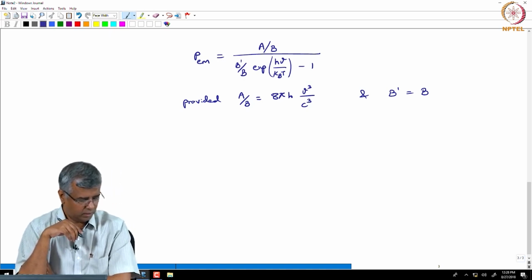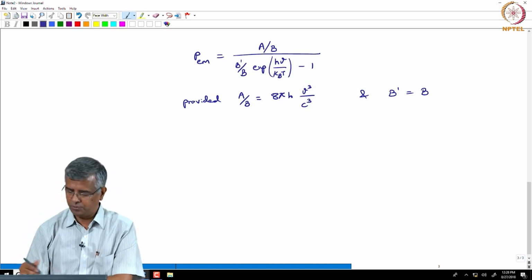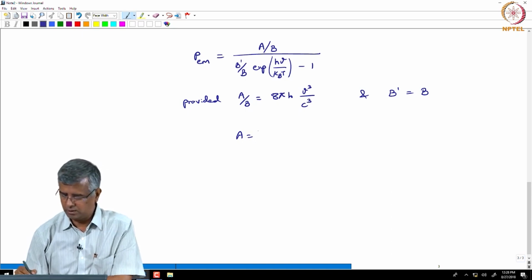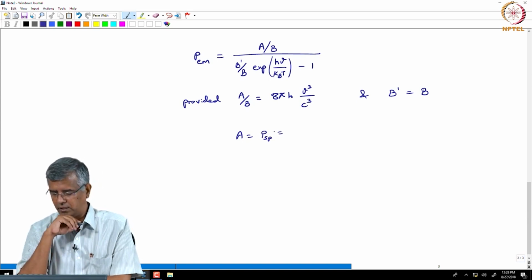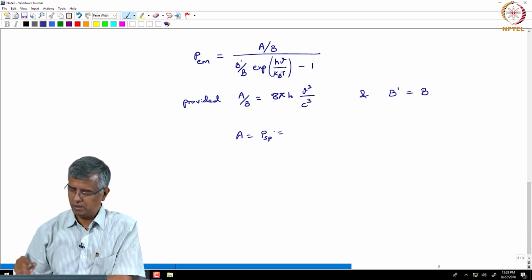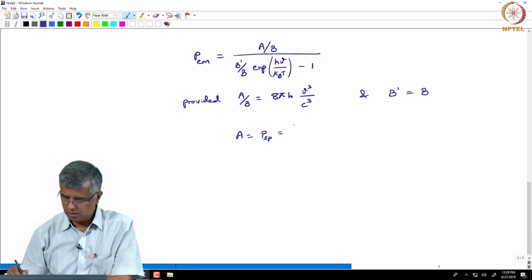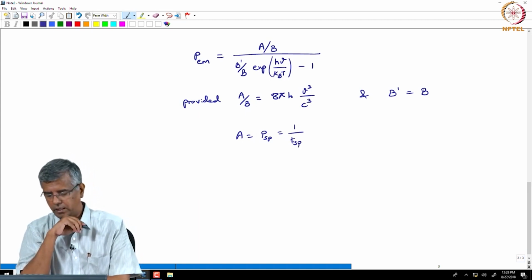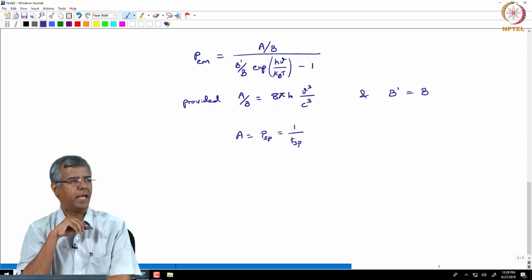And further, this constant A is actually providing the probability density of spontaneous emission, and that is inversely proportional to the spontaneous lifetime,